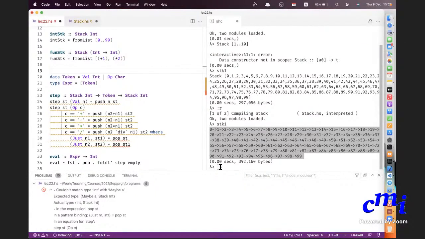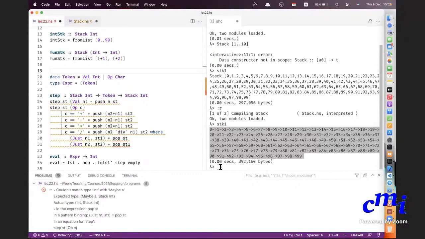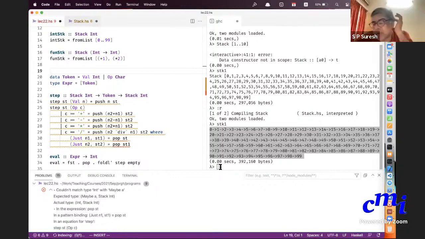Integers are already there, no? Why do you want to define integers? You want to define your own integers? Yeah, you can. But I don't think we know enough Haskell now. Even I don't know enough to give a complete definition of integers, the kind that you want, as a true data type ab initio or something.